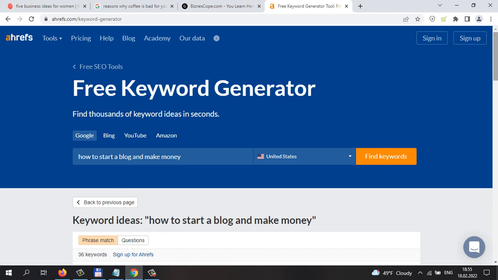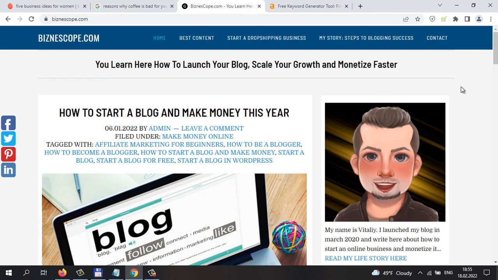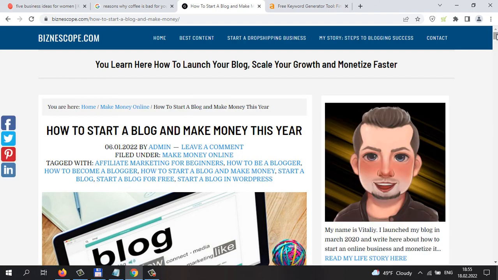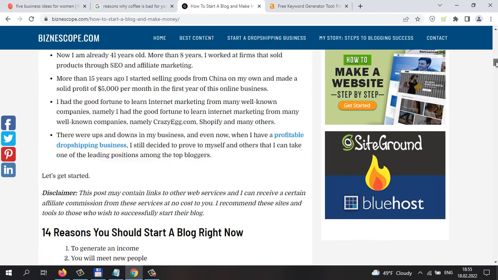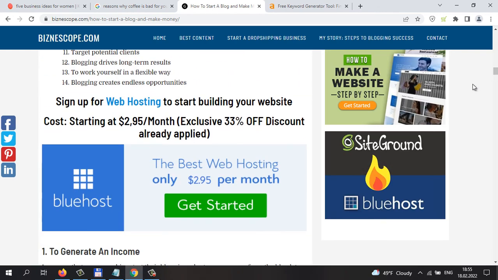The next step is to start your blog, as I said, and you need to add articles to your blog. You need to have WordPress installed, of course, and you need to know how to write the headline. It's not very difficult. You just need to log in to your dashboard and you can just start writing such articles using SEO rules.